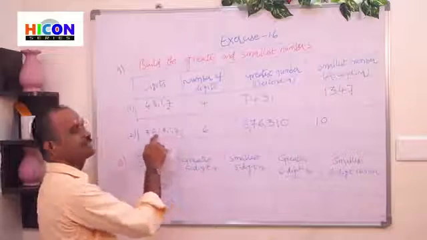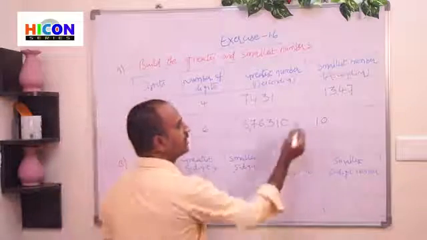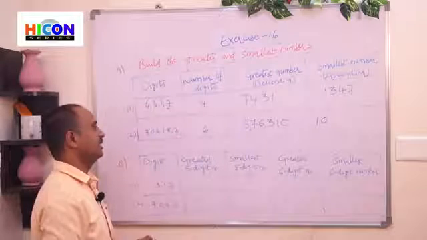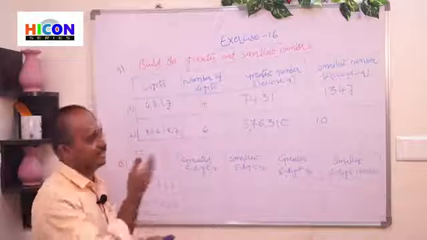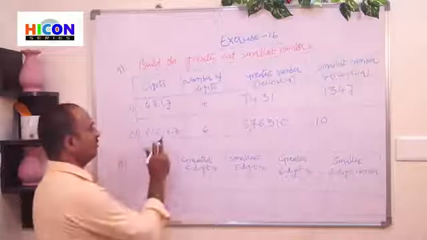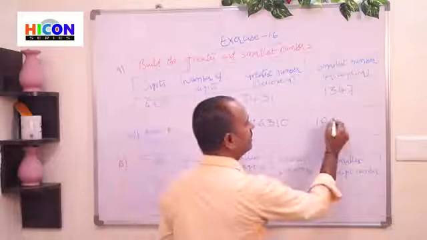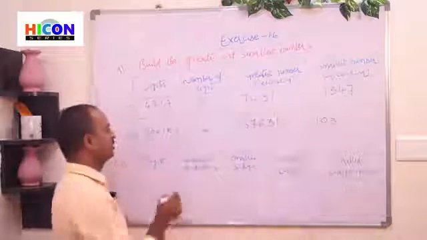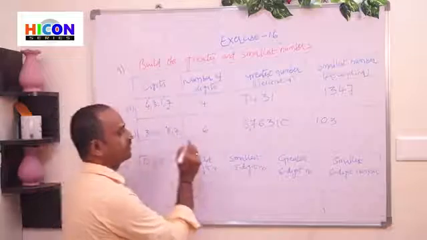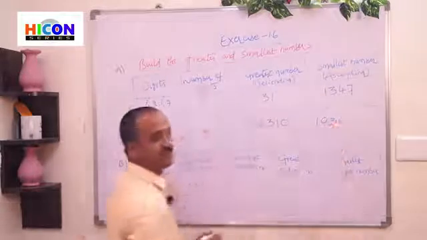Here 1 is the next smallest digit. So write 1 in the first place. Next, arrange the remaining 4 digits in ascending order as usual. So after 1, which one is the smallest? 3 is the smallest. So write 3 after 0. After 3, which one is the smallest? 6 is the smallest. So write 6 after 3.